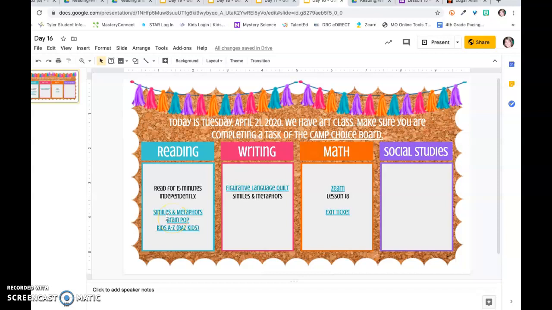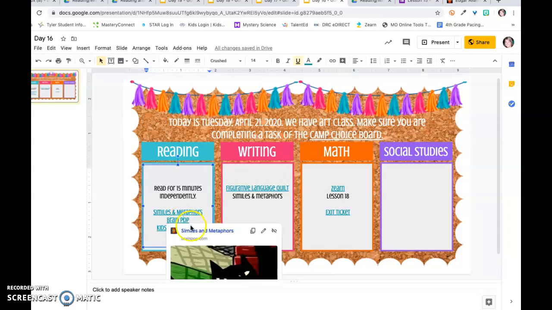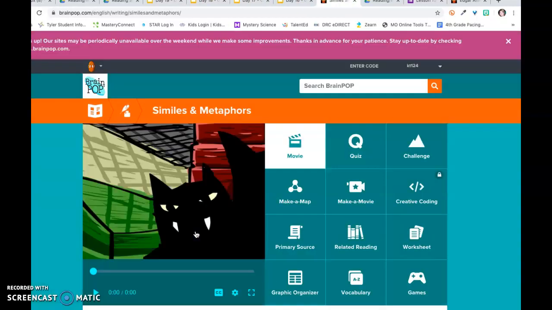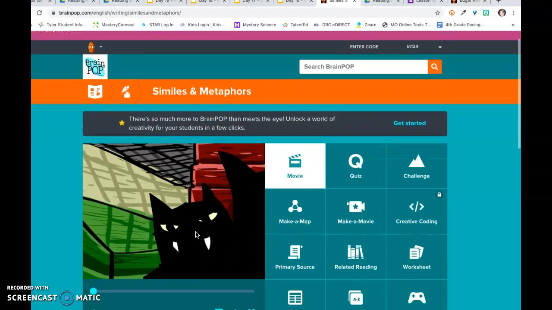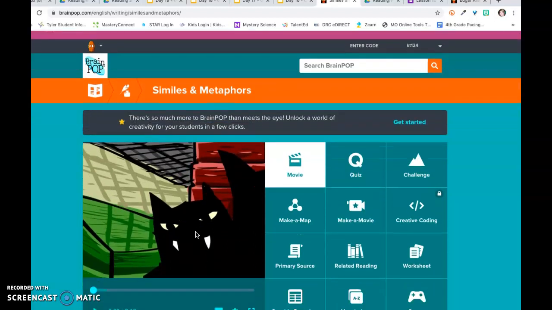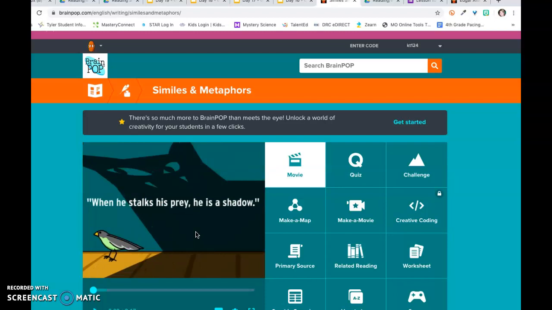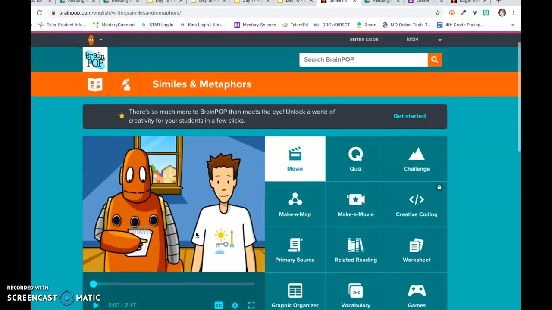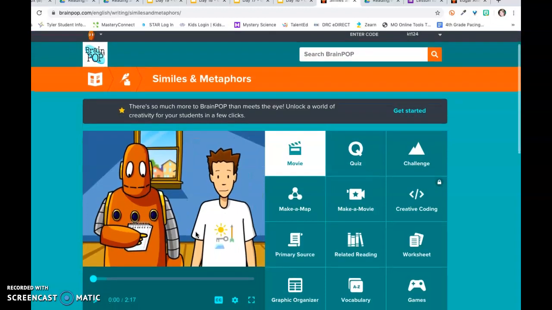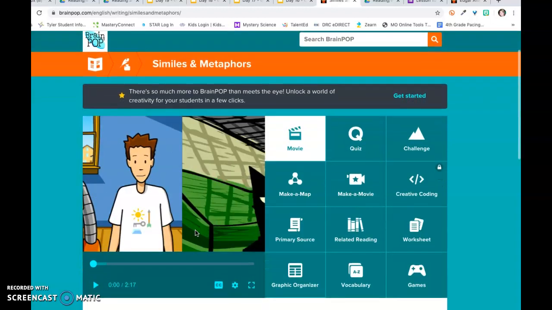language for that day. So today we're going to start with similes and metaphors. So you're going to click and go to the Brain Pop, and you'll probably want to take some notes on what a simile is, some examples of similes that they give you in the Brain Pop, what is a metaphor, some examples of metaphors that they use, because that will make it a lot easier today when you're doing your